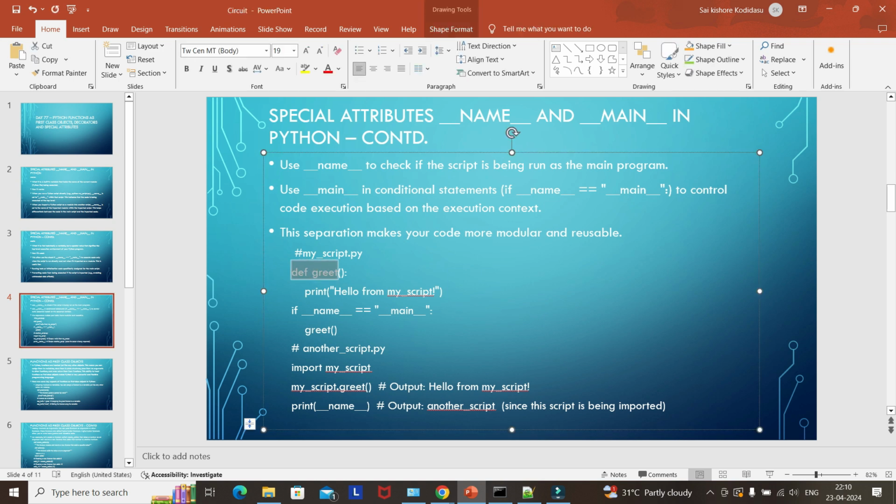So, for example, if you see def create, here we are defining one function, and under if name equals main, we are calling that function. So whenever we run this script, it will call this function and print hello script. But whenever we import this script into another script, and we imported and called it as greet,